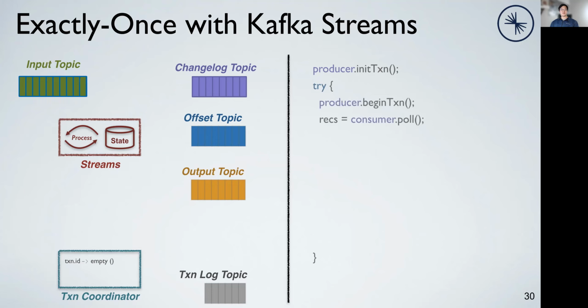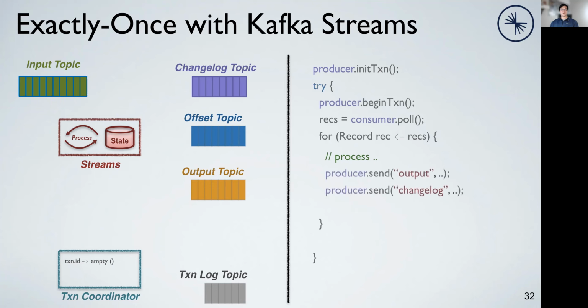After that, the stream instance can move on to fetch some records from its input Kafka topic partitions and process them, which may involve updating the states, and then send some records to both its output and changelog topics. When doing so, the stream's producer would first talk to the transaction coordinator again with an add-partition request. The coordinator would then add a new entry to the log, updating the transaction's current involved partitions and also its local cache. After that, the producer can send those outgoing records to the corresponding partitions as part of its transaction.